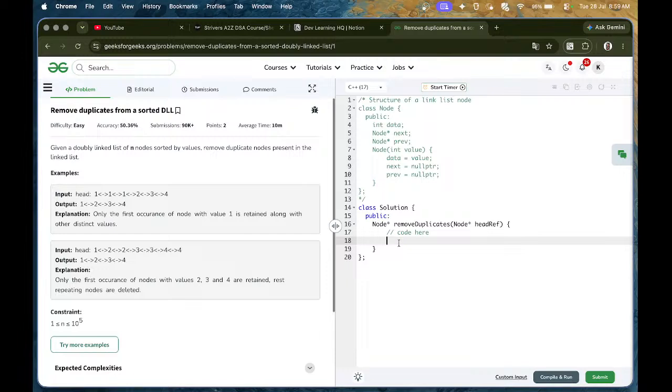Temp के जो previous में है उसमें मैं डालूँगा reverse, और reverse के next में मैं डाल दूँगा temp. I did this